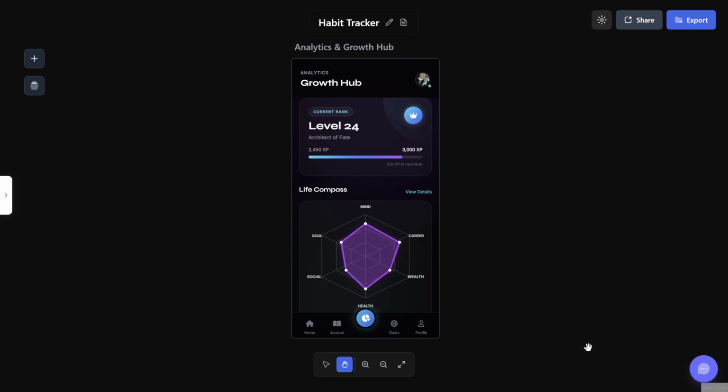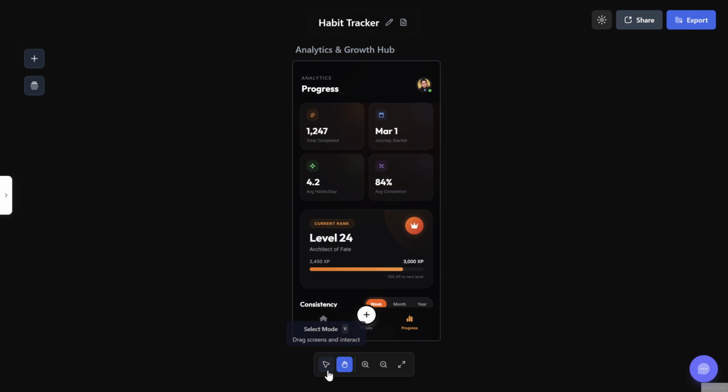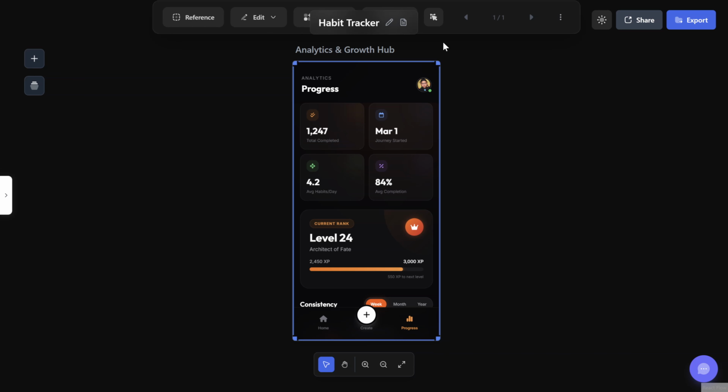Let's take the analytics screen for example. It has a radar chart with all of these metrics like career and soul and wealth. I was thinking of simple data like how many habits have I completed this month? What's my average completion rate? How many days did I miss? Things like that. And even after revisions with specific instructions, it still uses different shades of oranges for the screens,